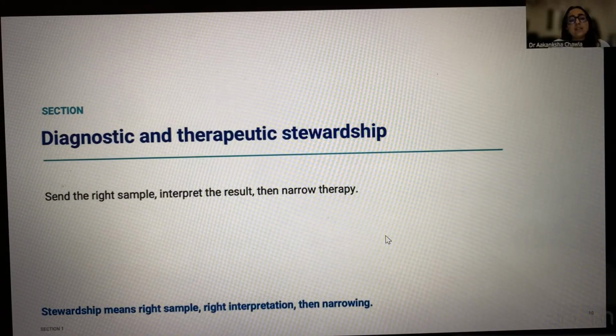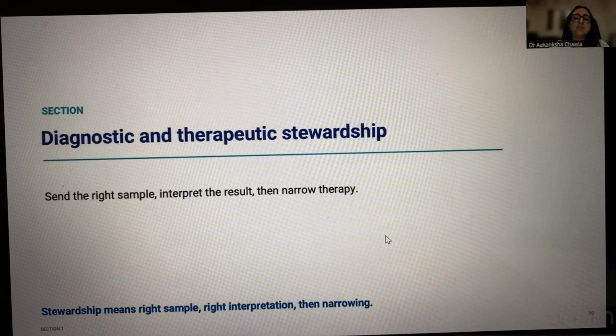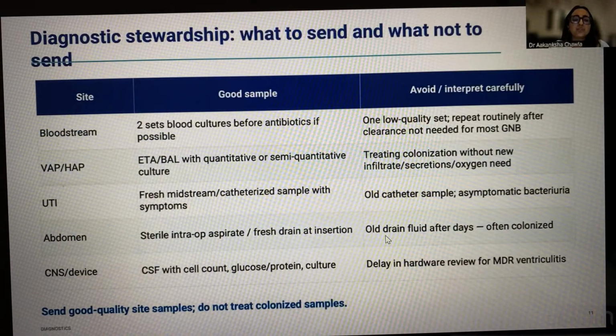So let us begin with understanding the basics of diagnostic and therapeutic stewardship. Sending the right sample, interpreting the right result, and then de-escalating or narrowing down the therapy is what basically is included in stewardship. For diagnostic stewardship, it is important to send the right sample at the right time. However, do not delay initiating your therapy just because you want to send the sample, which again is a very important aspect. When you are suspecting bloodstream infections, you must send 2 sets of blood culture,